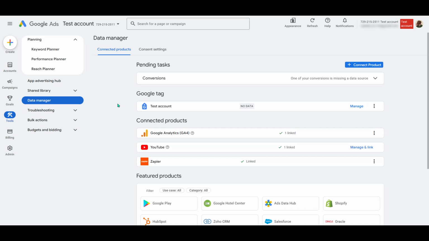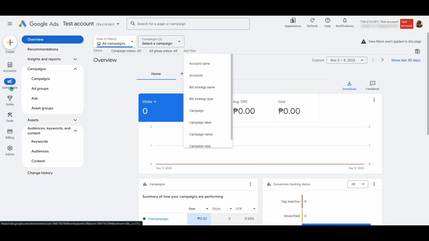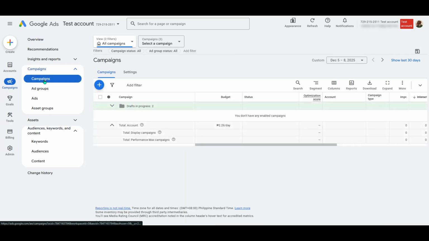Inside your Google Ads account, start by heading to the main navigation on the left. Click Campaigns. When the secondary pane opens, click Campaigns again to make sure you're looking at the full list. This takes you to a clear overview of all the campaigns you've already created, so you can choose the one